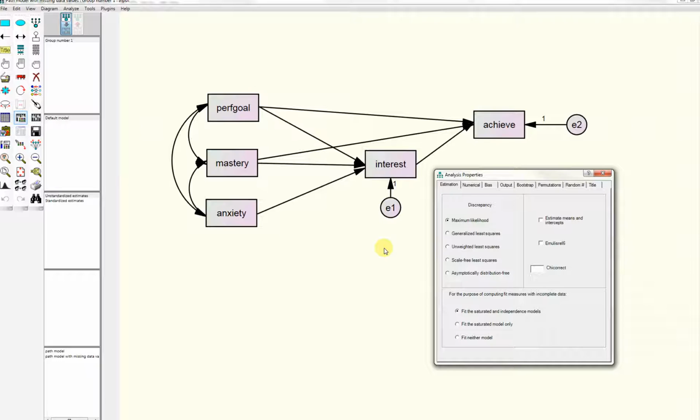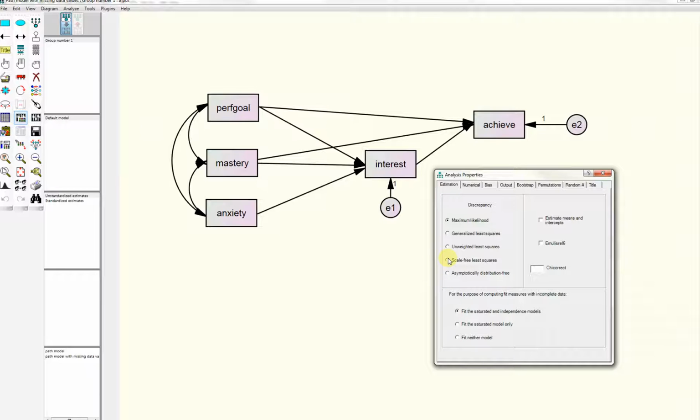The second strategy is to perform some type of data imputation on the original data set, in other words, impute missing values, import that into the program as a complete data set, and then run the analysis on that new completed data set. I'm going to illustrate both of those strategies, and the first is running full information maximum likelihood